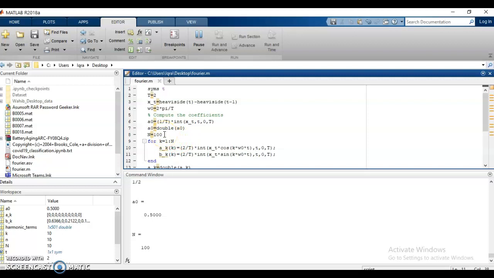I think we have given a lot of points, so it's taking more than required time.